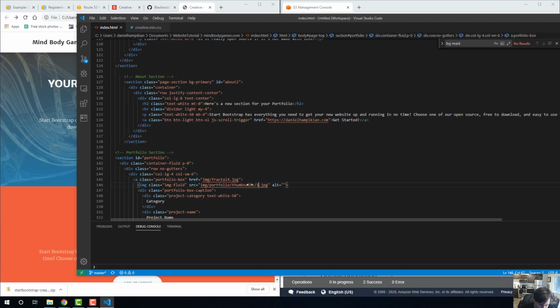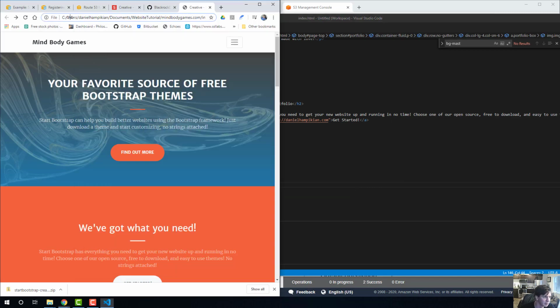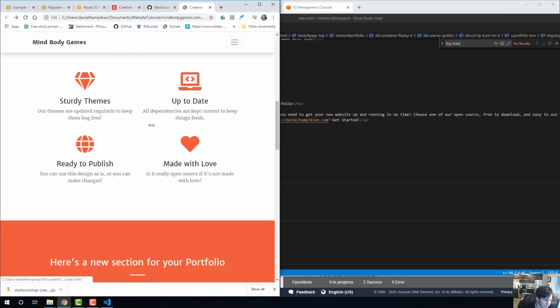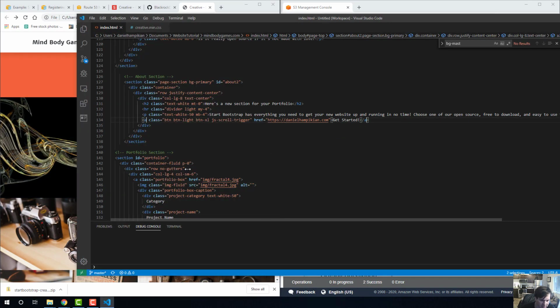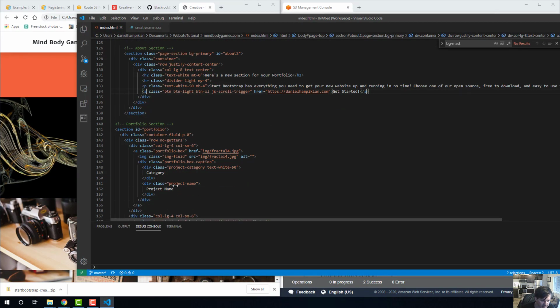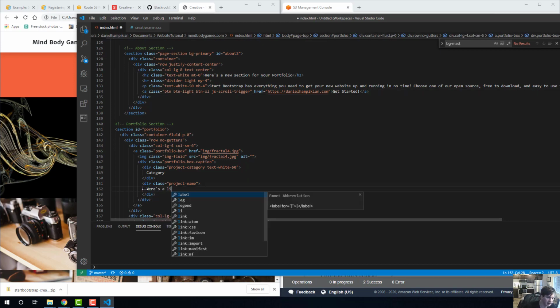So let's change both of these. Source. Reload it. There we go. Nice fractal. The project name is here's a link to some of my work,